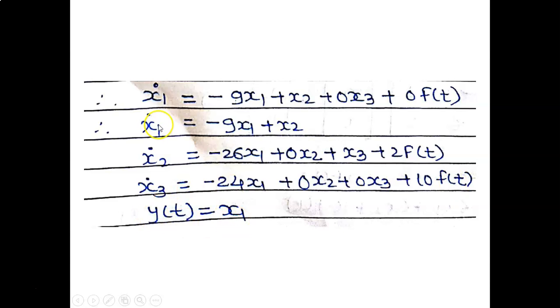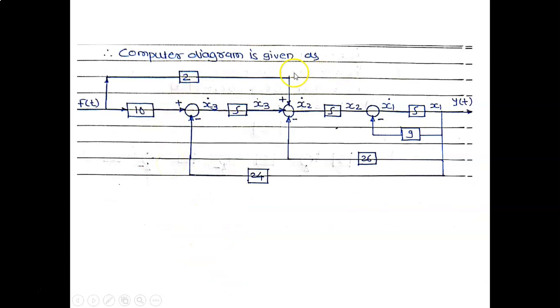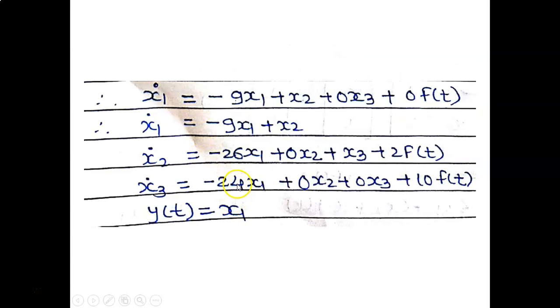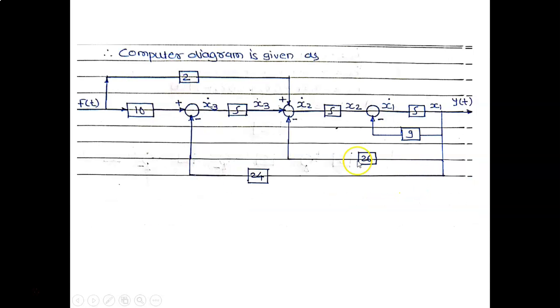y of t is equal to x1. Therefore these four equations we will represent by using a computer diagram. Therefore this is our computer diagram. First, f of t times 10 gives x3 dot. What is x3 dot? x3 dot is equal to minus 24 x1 plus 10 f of t. Therefore x3 dot is 10 f of t minus